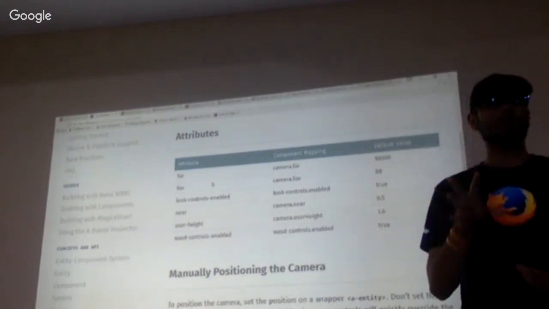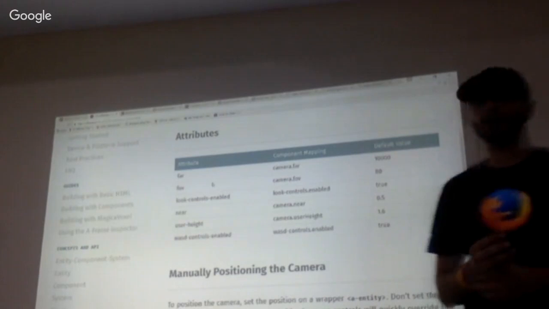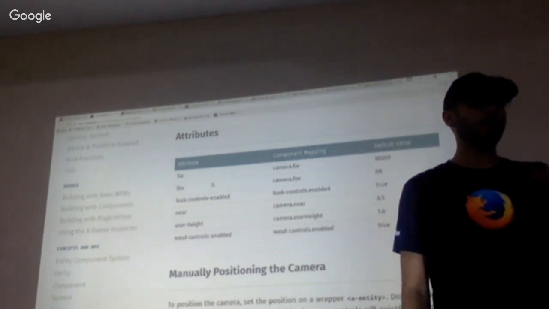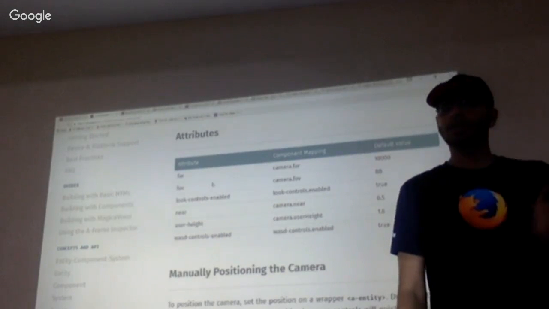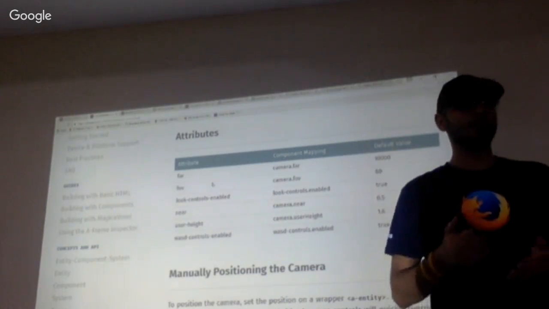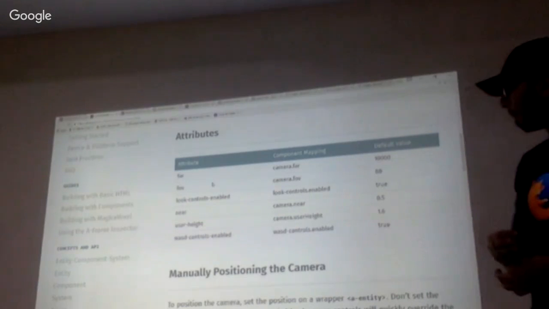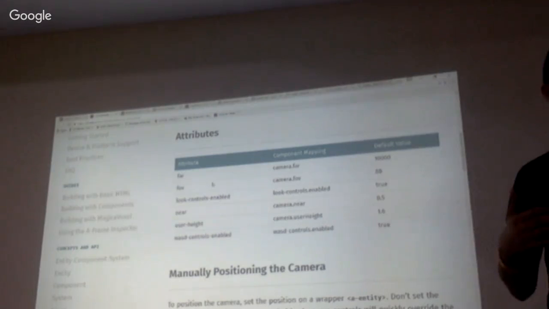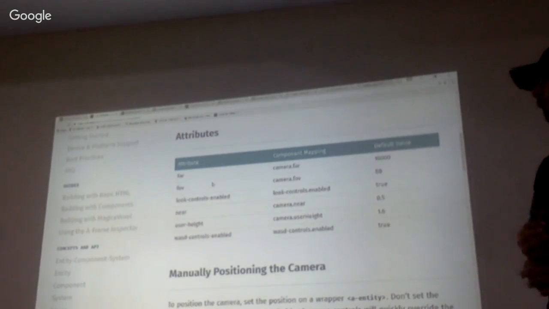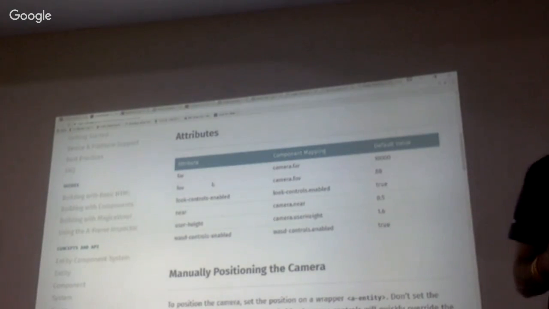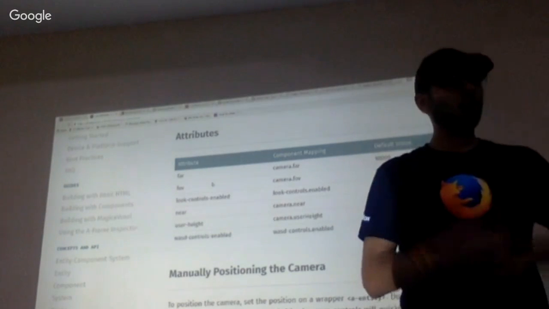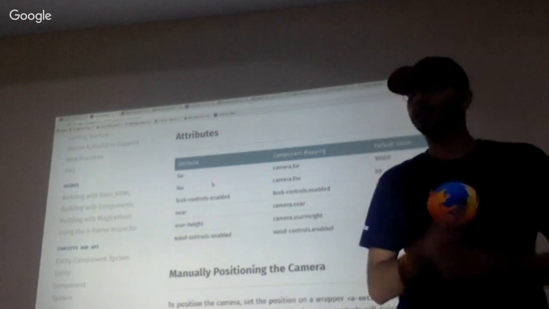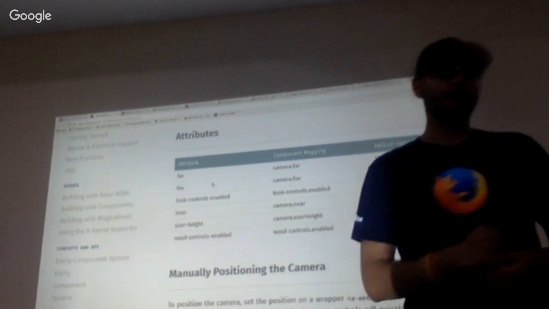Look controls means simple look controls. You can look at the objects. WASD controls means you can move ahead, back, sidewards, backwards in the scene. Near, you understood? Near, far, right? User height, I'll come back to it. Okay, so you understand the basic principles of the camera, how it renders the scene. Okay. Now,